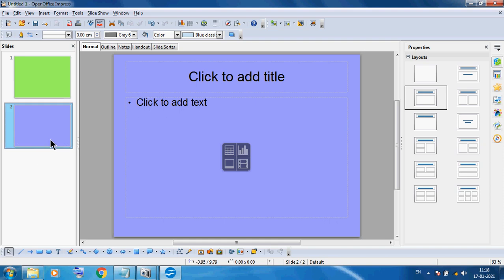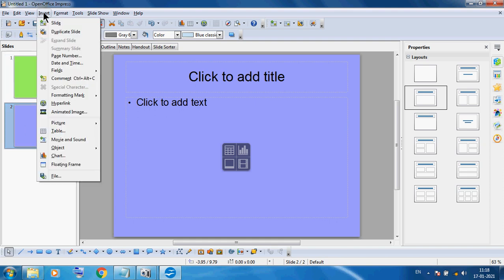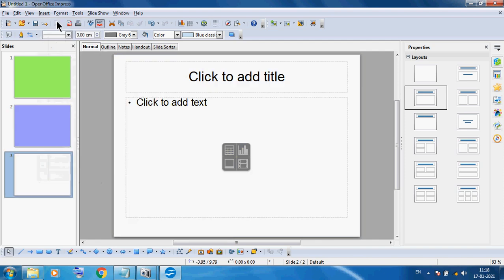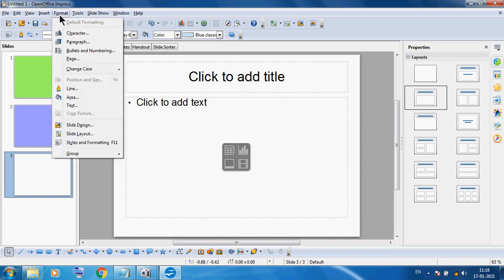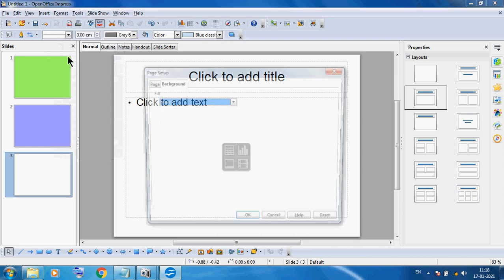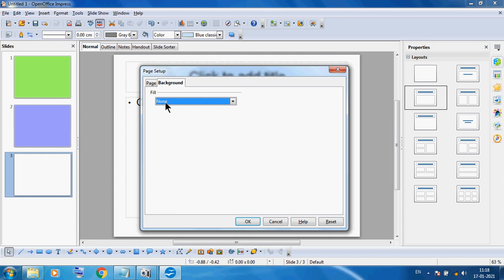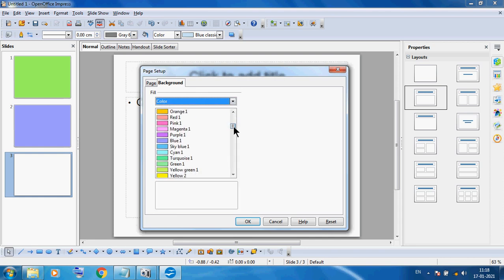Now after that I want to include one more slide. So here I am using insert. Again here I am using slide. So you can see this is our third slide, and I want to change the background of this slide. So here again I am using format. You can see page. Now you can see here I am using color, and here I am choosing a new different color.